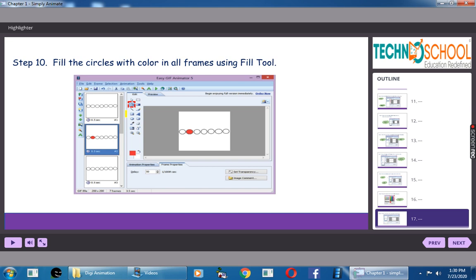Similarly, you have to fill the circles in all the frames. Now, how can I make this color blink? Here you can see animation properties.